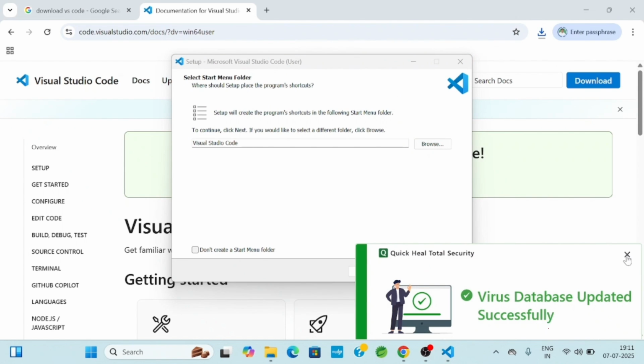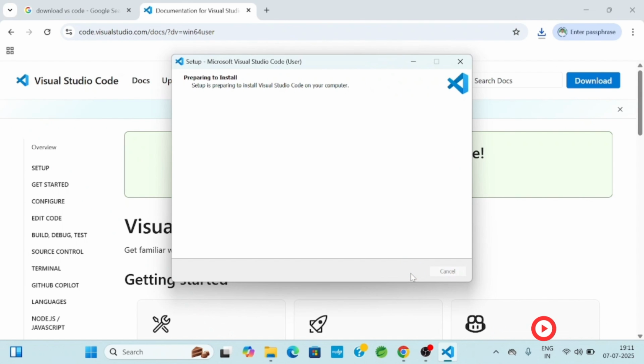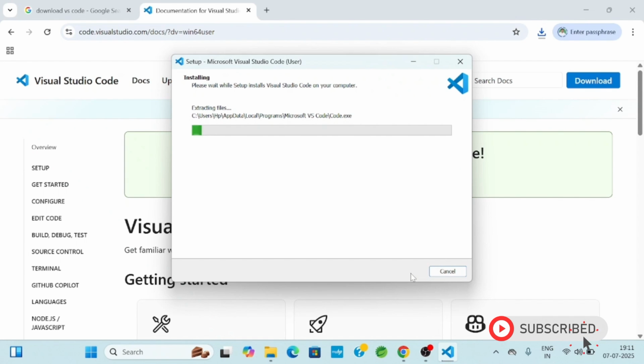So very simple. Click on next, and you see, create a desktop icon, add open with code, whatever boxes are there, select all the boxes. Click on next, click on install. So now after downloading VS Code, in this way I am installing VS Code, a very popular, very widely used environment